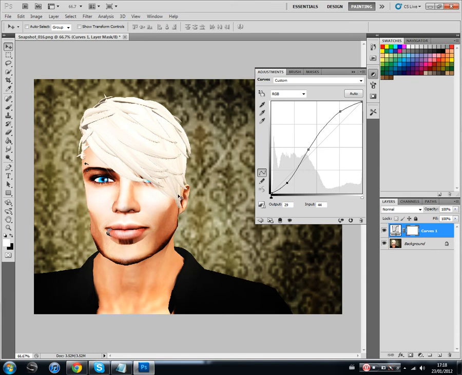It gives off that effect. It makes the picture a bit brighter, and it gives off a bit of a vintage sort of effect, which is what we're looking for here. So if I just darken that down a bit there and pop that up, maybe down a bit, just there. Once we've done that,